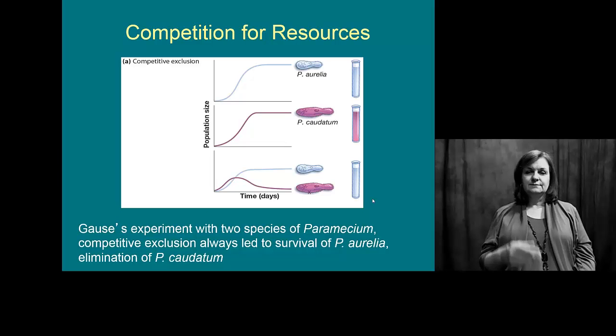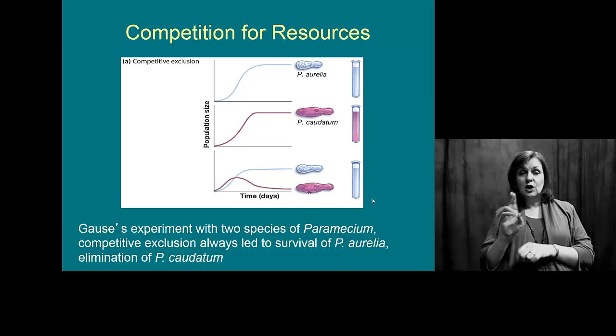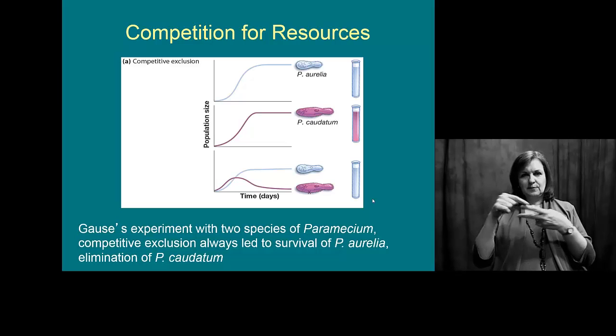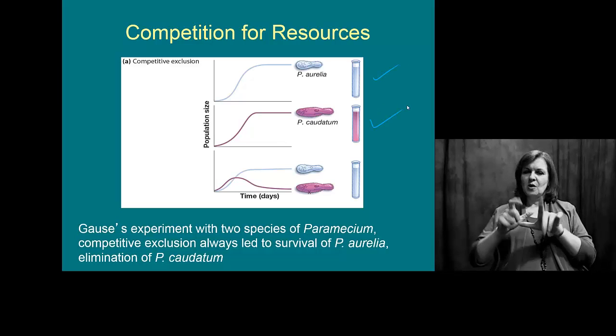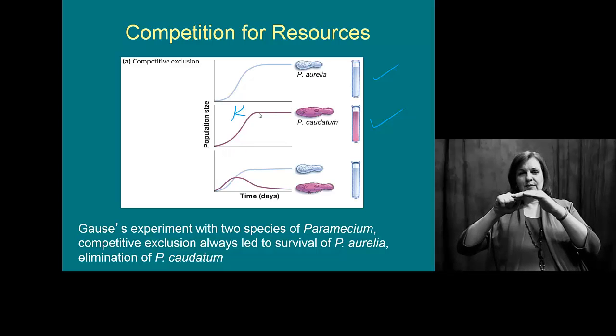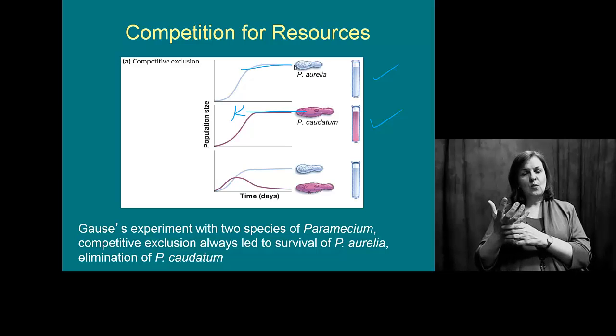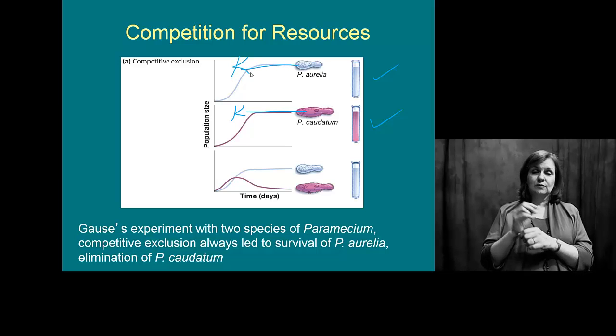And they've done a lot of experiments with these kinds of competition with Paramecium. And Paramecium are very, very good at using resources as long as they are alone. So you see my top two in the light blue and the purple. They do very, very well. They grow to carrying capacity, right? When the line levels out, they've reached carrying capacity. That's the most their population can grow in the